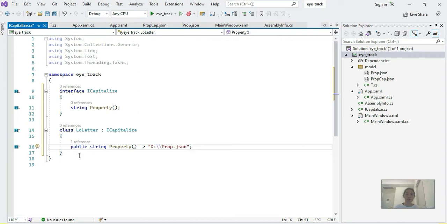This is for low letter, so I put prop JSON and